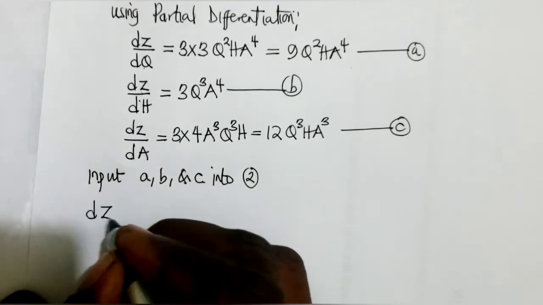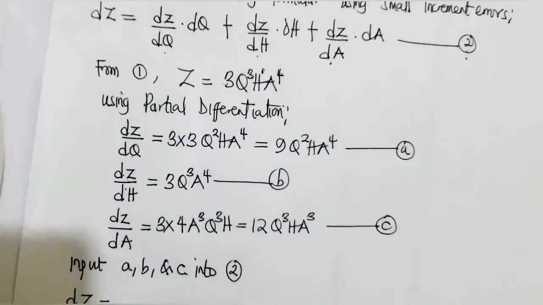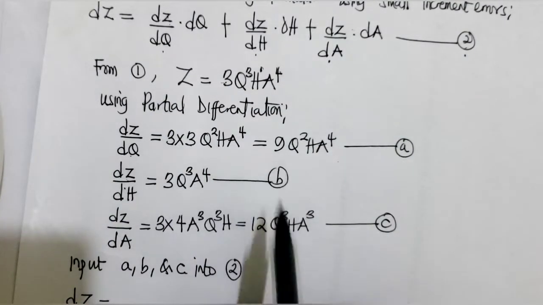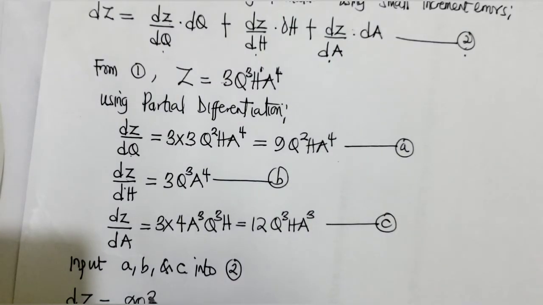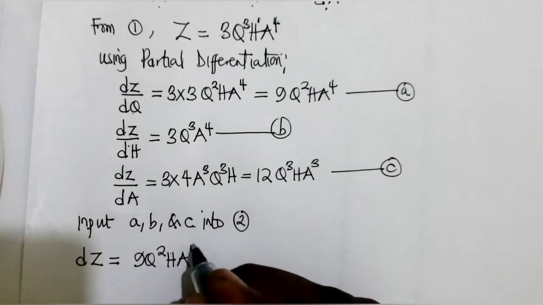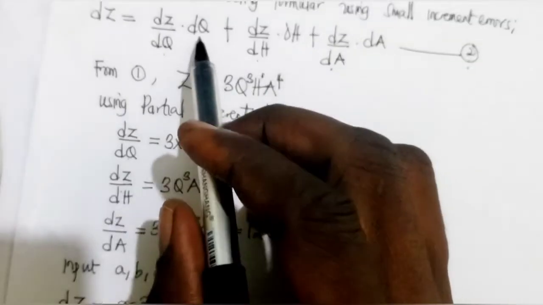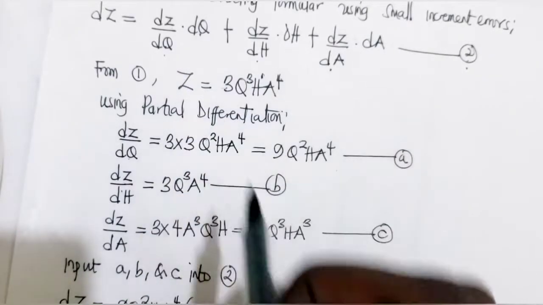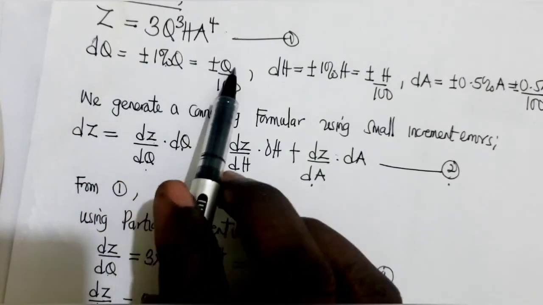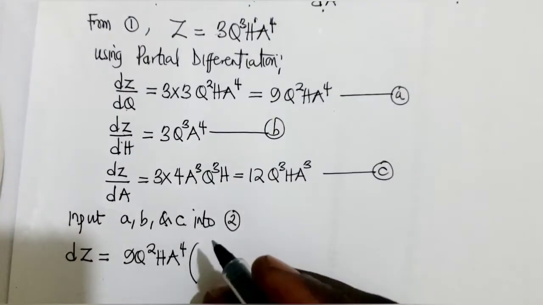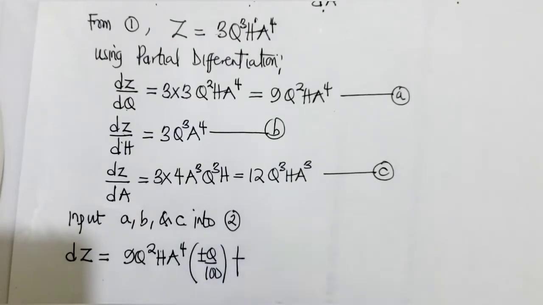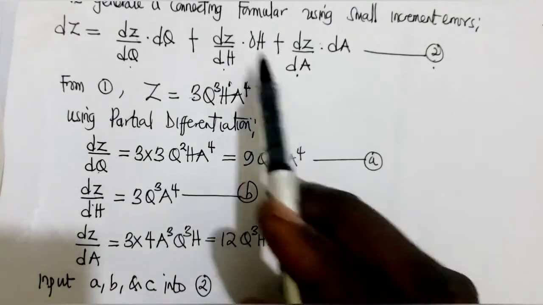So the error that will occur in Z will be equal to dz/dq. And what is my dz/dq? 9q² h a⁴ into bracket, according to the formula, I have dq. And what is dq? dq is given as plus or minus q all over 100. So I'm going to have plus or minus q all over 100,